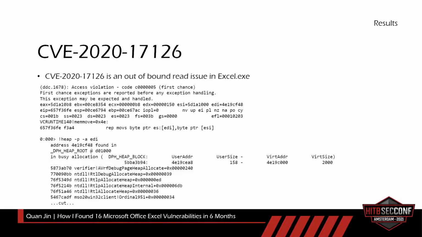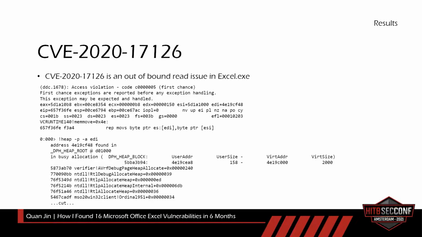CVE-2020-17126 is an out-of-bound read issue in the Excel process. We can say it also crashed at a memory move. This vulnerability affects Office 2010 to Office 2019.